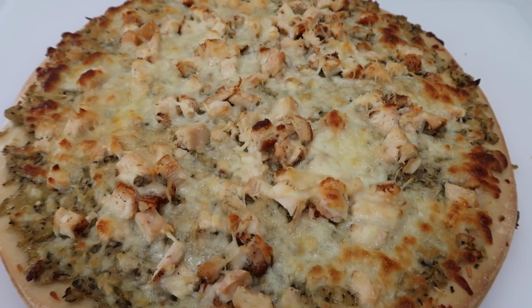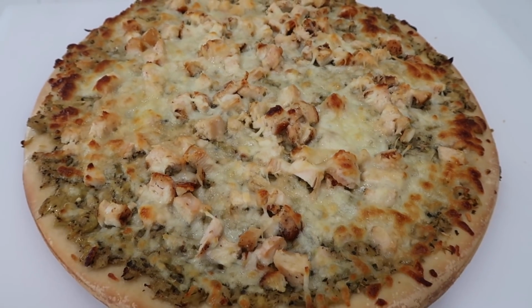15 minutes later, we have the completed pizza. It smells delicious. As you can see, we had some absolutely delicious meals over the last week,